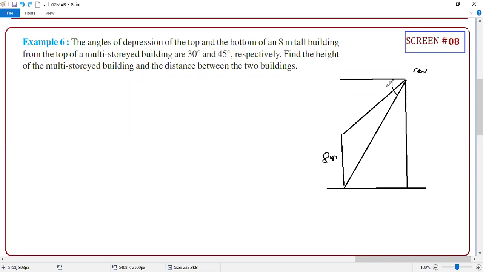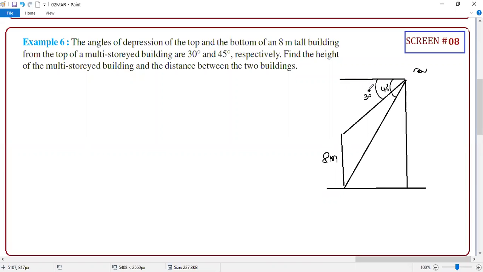Sir, whether I need to mark 30 here, 40? Guys, this is the downward angle, no? Some students will put the angle here. It's wrong. Why? Because this is your horizontal line. So you have to mark the angle. Always, the angle of elevation and depression is the angle between the horizontal line and the line of sight. Correct or not? So this is your 45 degree and this is your 30 degree.